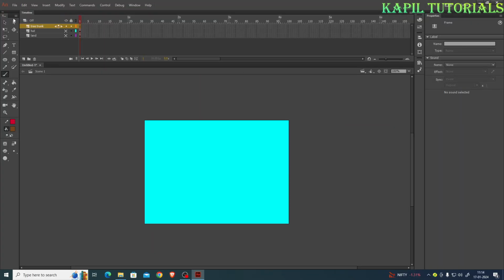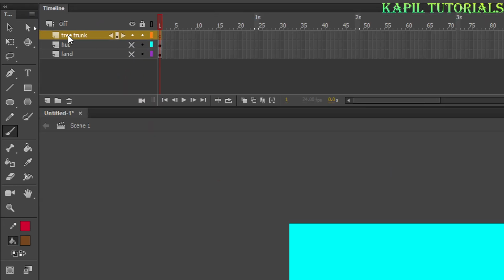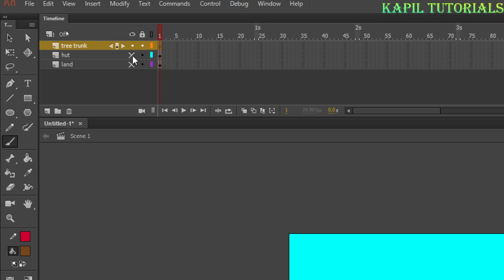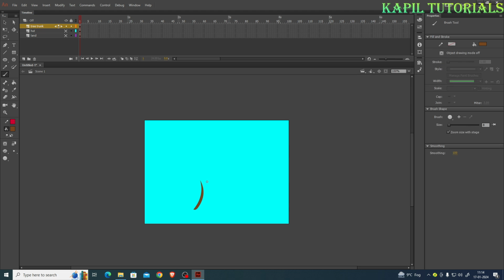Now I should also see that this layer is selected. Otherwise, I'll start drawing on another layer, although I have already turned off the visibility of both the layers. So it's okay, and I am also sure that the tree trunk layer has been selected. It's very easy to make a simple tree, just one stroke like this, one stroke like this, then a little bit of twigs,